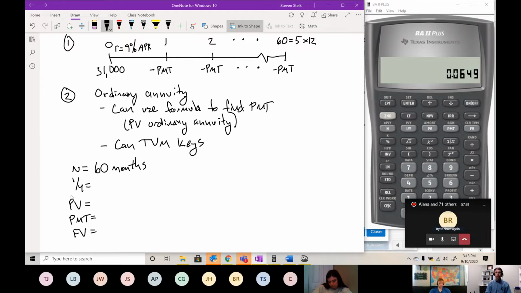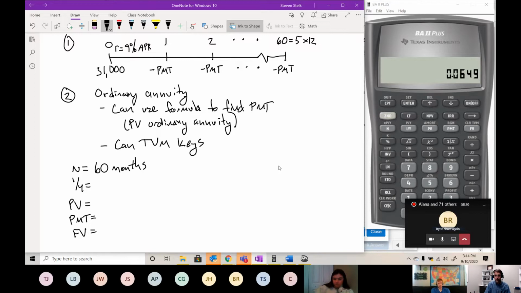When I go to put in my interest rate, that's I over Y, or interest rate per year, the units on the interest rate that I put in have to match the units on N. So we've got 60 months here. That means I need to plug in the monthly effective rate on I over Y, right? And we've already seen how to do that on the previous problem,